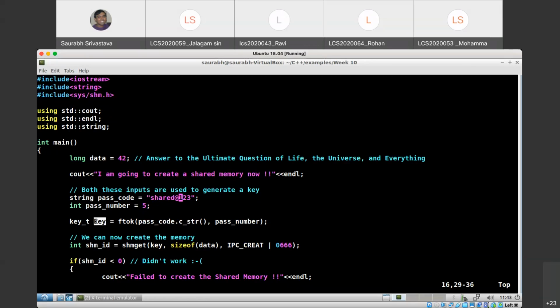And then this unique key, by the way, this function is guaranteed to give you the same output as long as its two inputs are the same, right? So if the same input is used in another process, in another program, the key value will be exactly the same. So now once I have this key value, what I'm going to do is call the